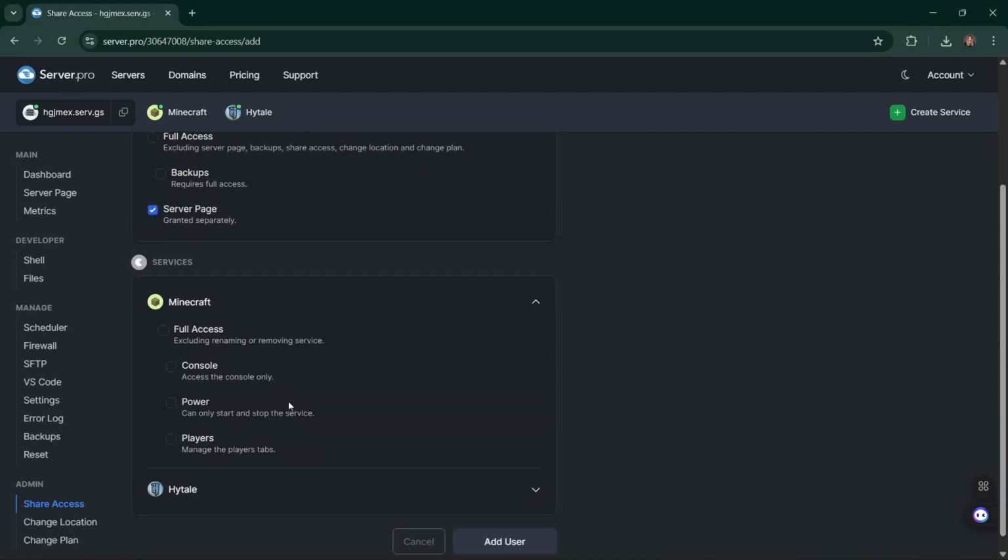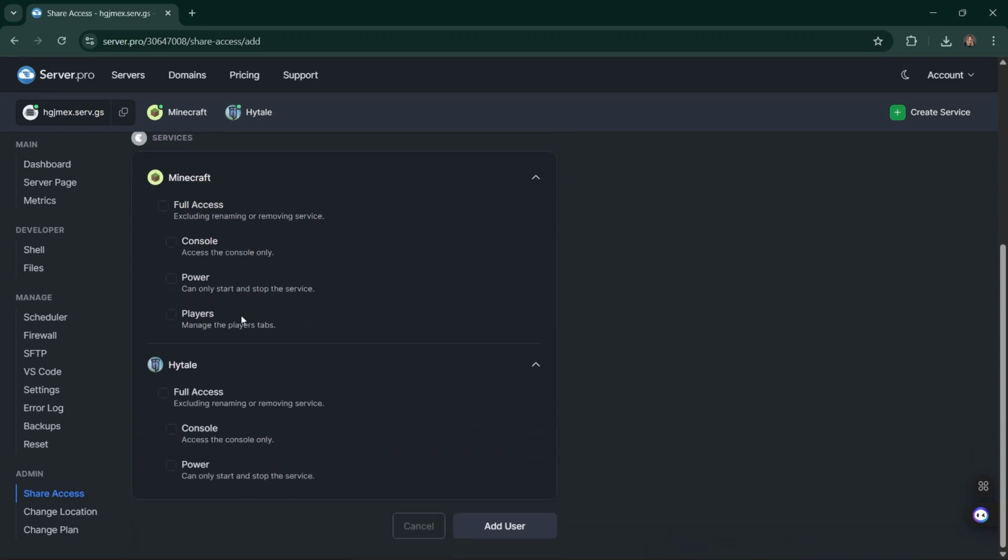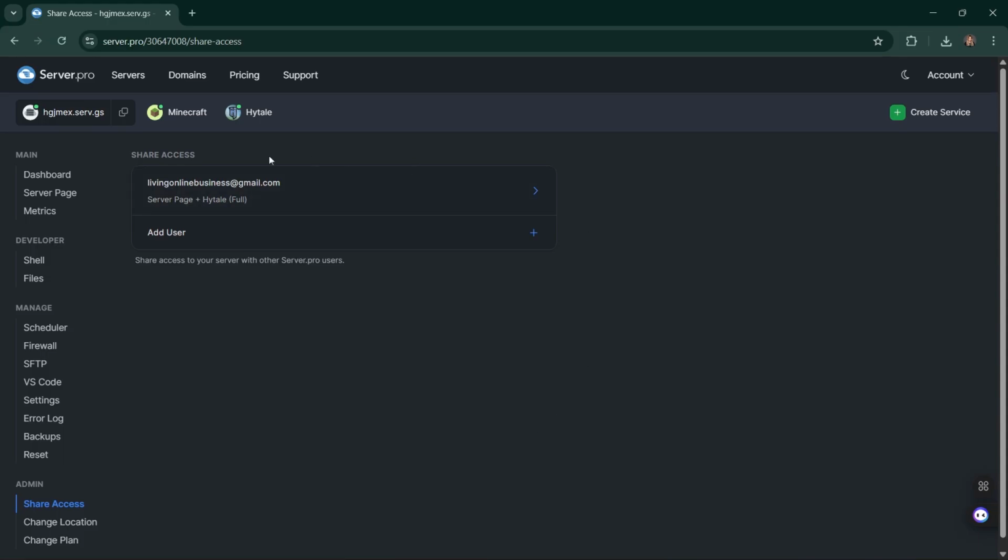Below that, you can also select the specific access features they have to each service in your server. However, once you're ready, simply press Add User. Once added, the user will appear in the access list, and they will only have access to whatever features you've